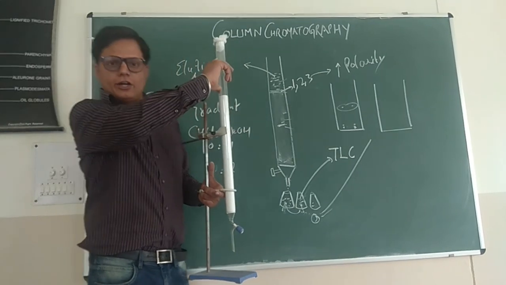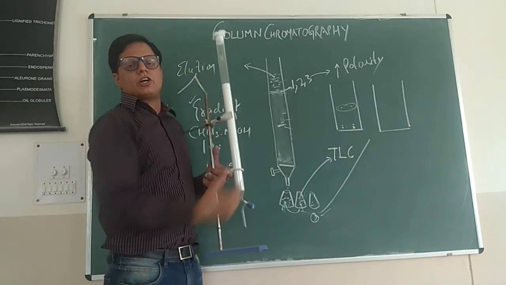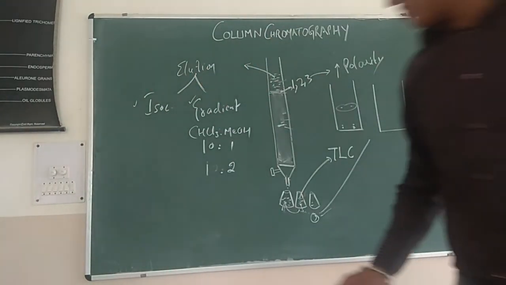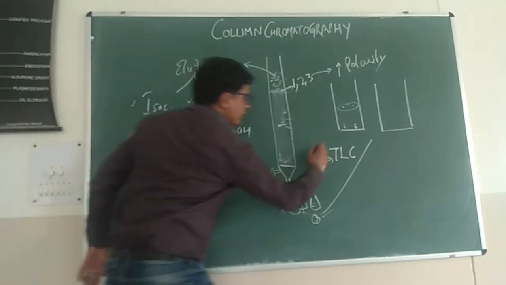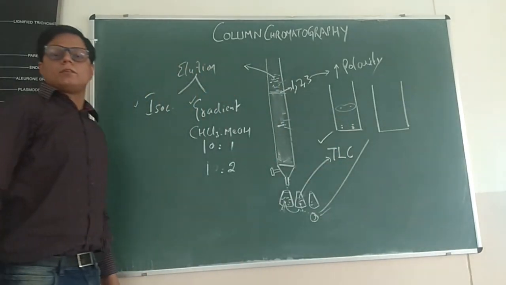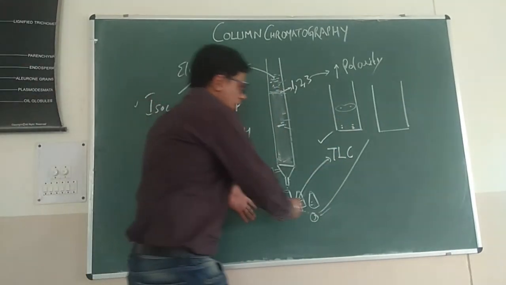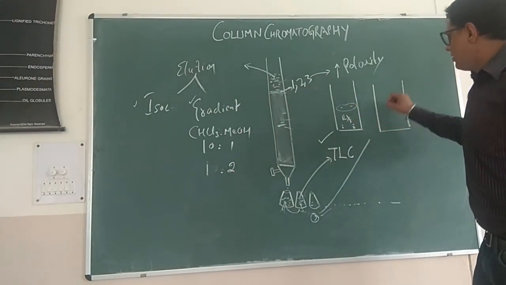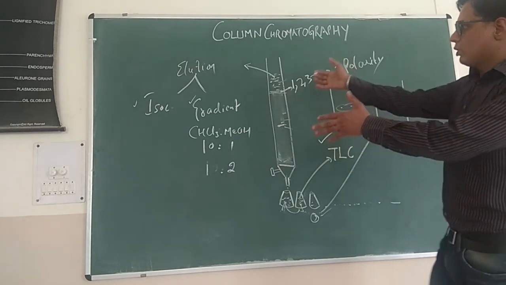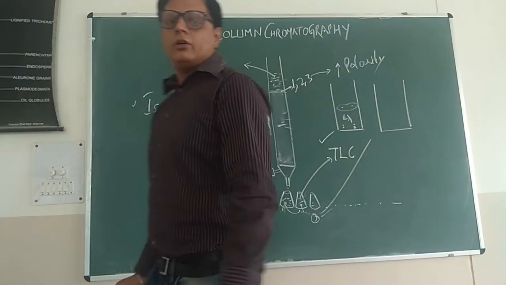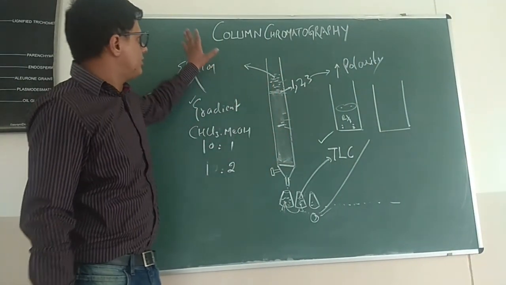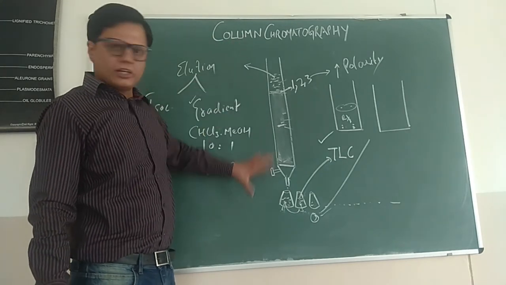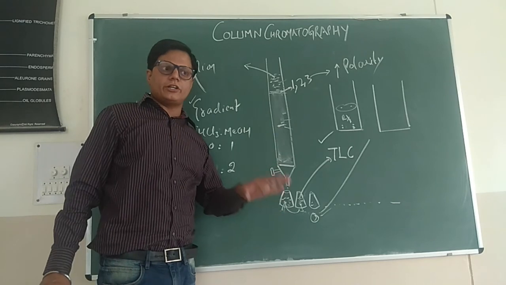Okay, so I have added a mobile phase here, and then comes collection of the fractions. The collected fractions are identified by using TLC. In the same way, I have collected a number of fractions and I will mix them based upon their Rf value, and finally the isolation or purification part is done. Okay, so I hope this is the major concept of column chromatography. So this is clear, I think. Thank you for your patience, for your time, for your listening.